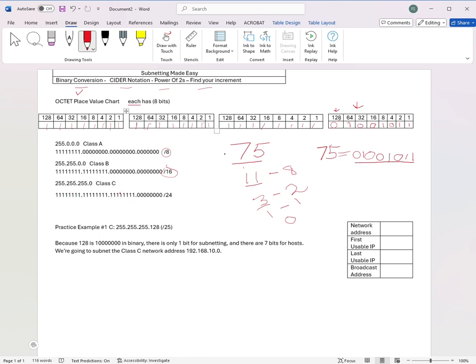And sometimes we might want to divide a Class C network. In order to divide a Class C network into multiple networks, we would use subnetting. And in subnetting, we would borrow bits. So, as an example here, you see it's slash 25. What does that mean? That simply means,